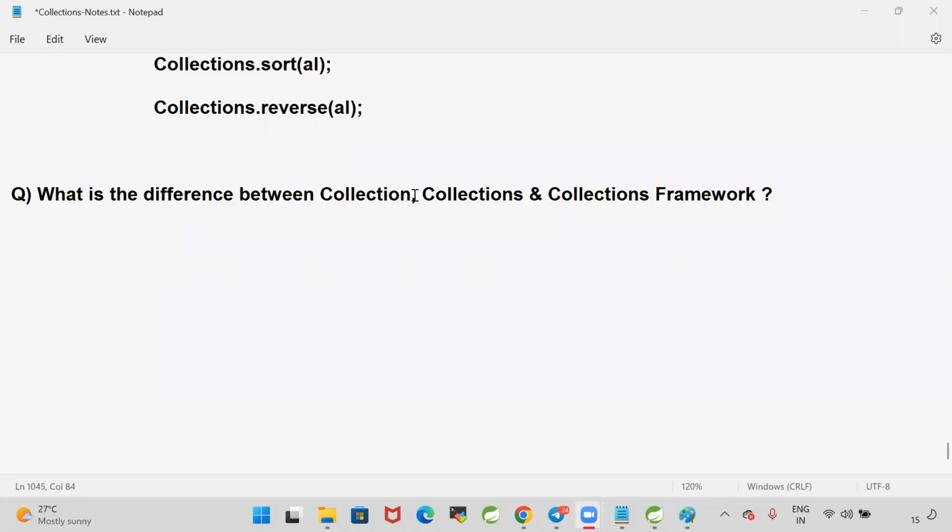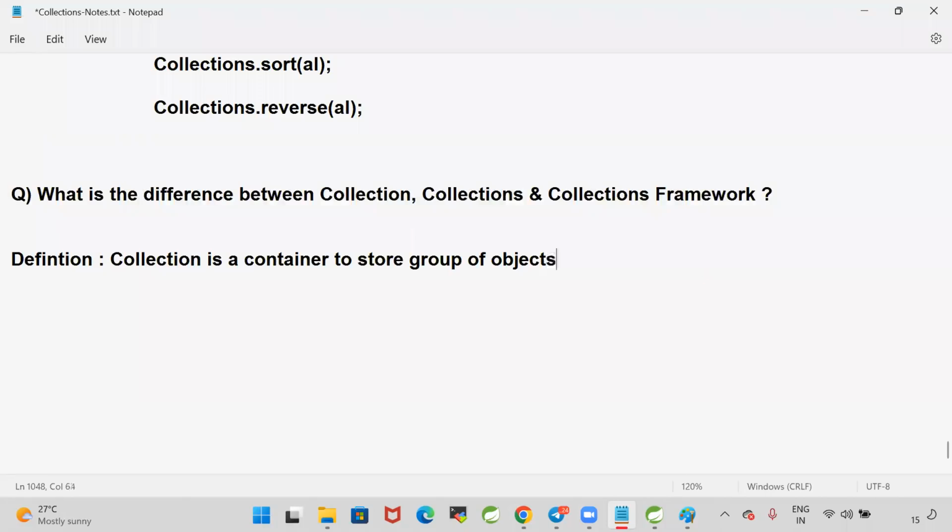What is the difference between collection and collections framework? Can you guys tell me? First definition. Collection